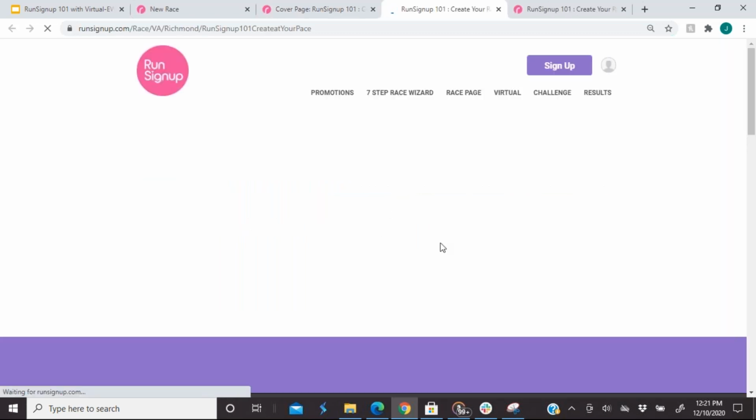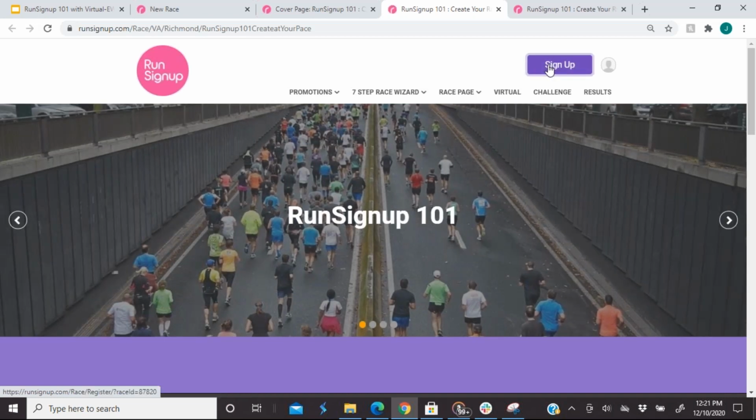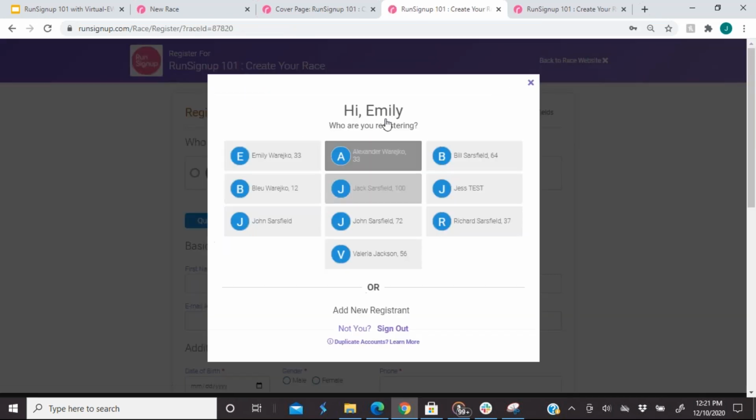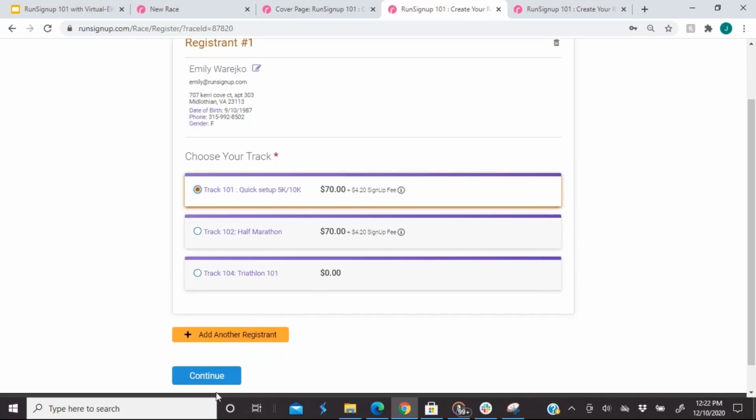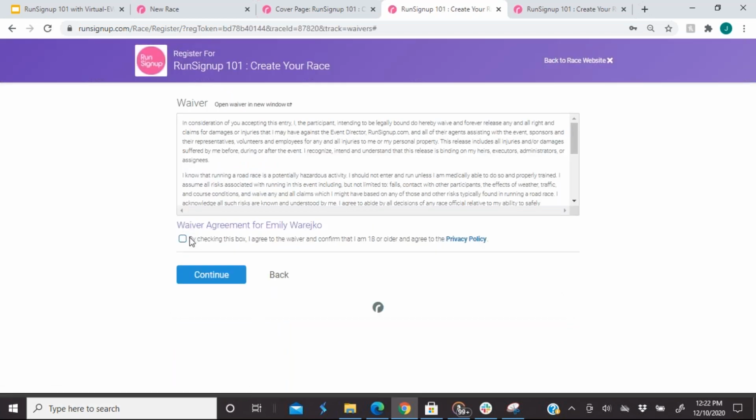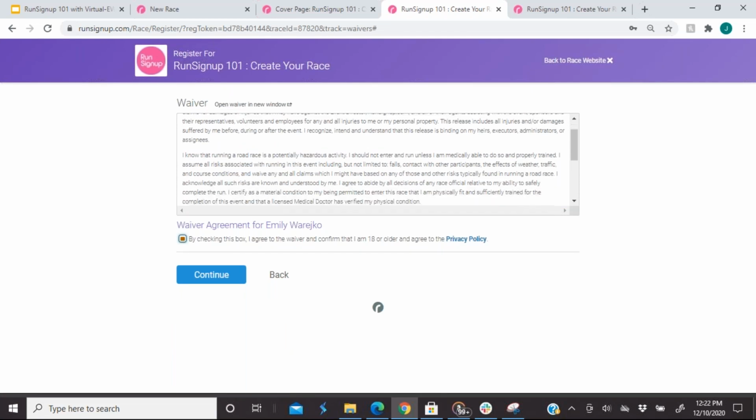So now that we completed our race wizard, I'm going to show you what it's like to run through and test your registration path. I already have my information preloaded here. This is my profile, so it's already going to fill out my basic information. I'm going to choose what event I'd like to sign up for. I'm going to agree to this waiver and I can scroll to